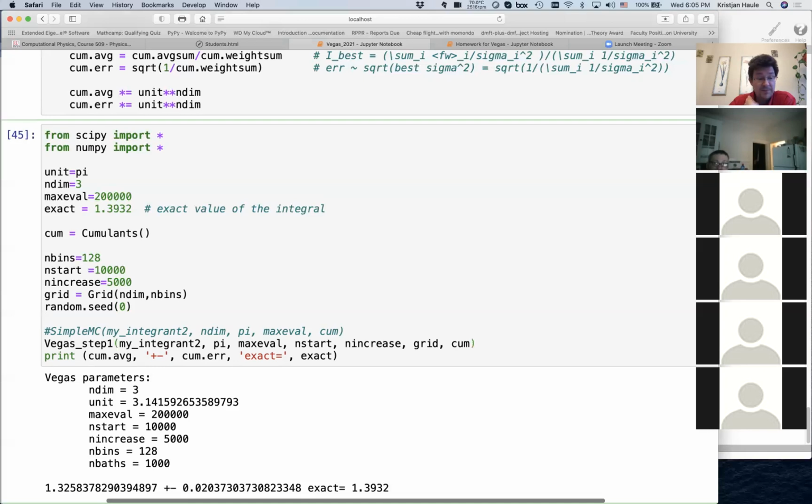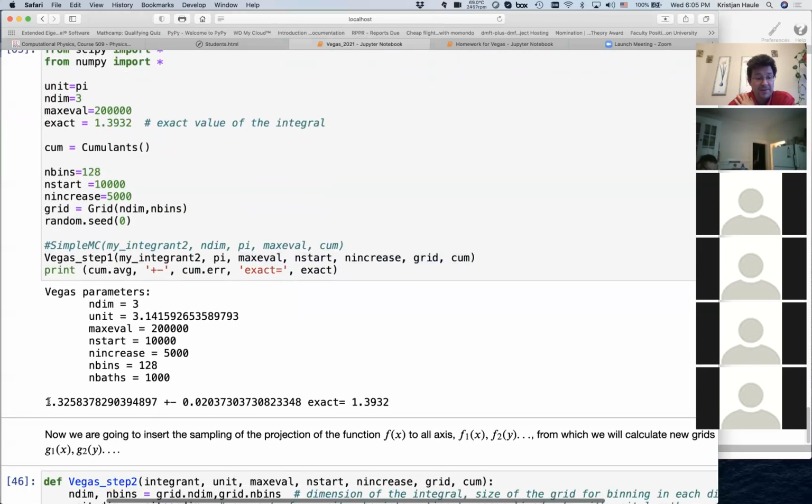Okay, and then we call our Vegas step 1 with the function my integrand 2 that we defined before, which is the function that we're trying to integrate. We give it all the things that we defined above: the number of function evaluations, how many function evaluations we're going to do in the step. This will evaluate the first approximation for the integral, which of course has a pretty large error bar. Well, not so much, but it should have. I mean, this is accidentally pretty good. In general, it can be pretty off,